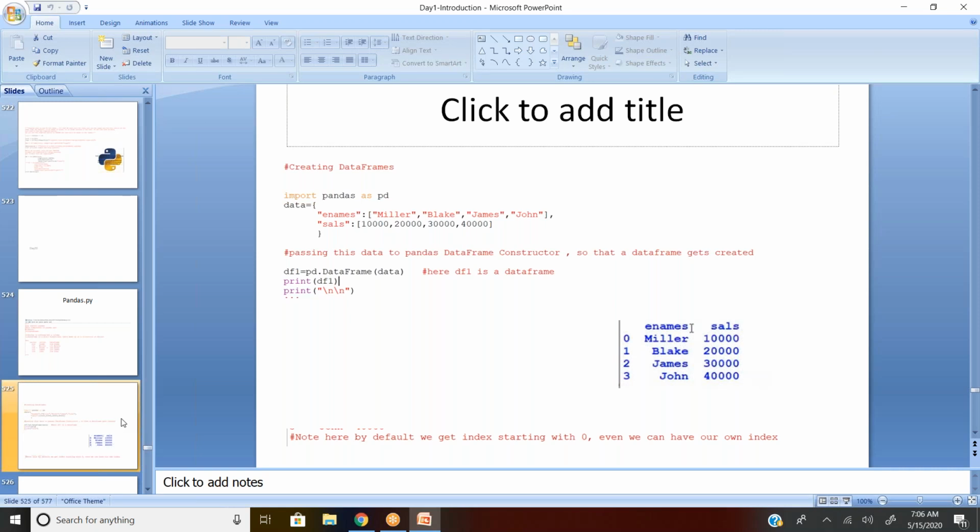Now, by using a dictionary, I can create my own data frame easily. So, creating a data frame. I just explained how to read from an Excel. Similarly, you can read from CSV or different sources. For today's operation, I create my own data frame. So, import pandas as pd. Is it a normal import or from import?